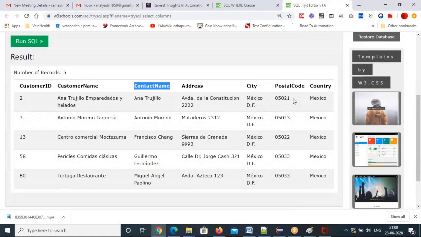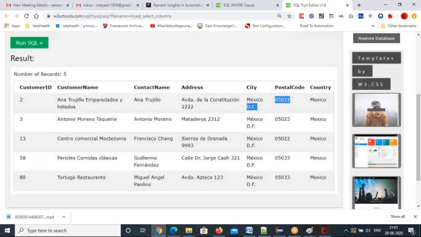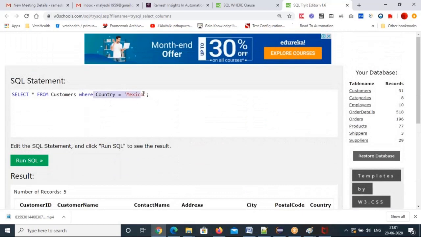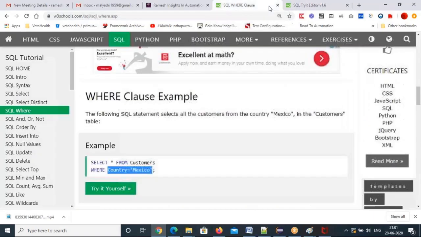So this is how you will get it. See how the where clause is filtering. A lot of countries are there, but you are getting only Mexico country related data. That's the filtering purpose this where clause is used for, right?